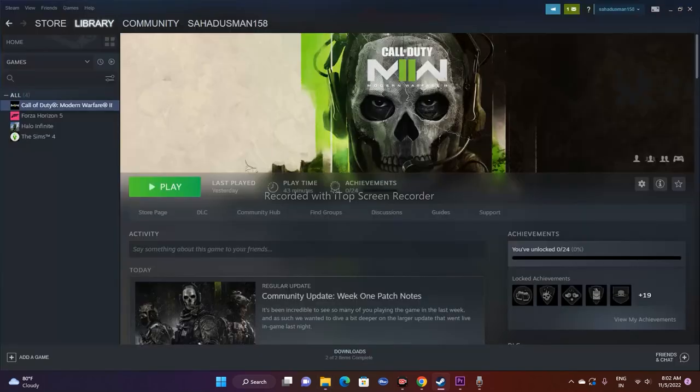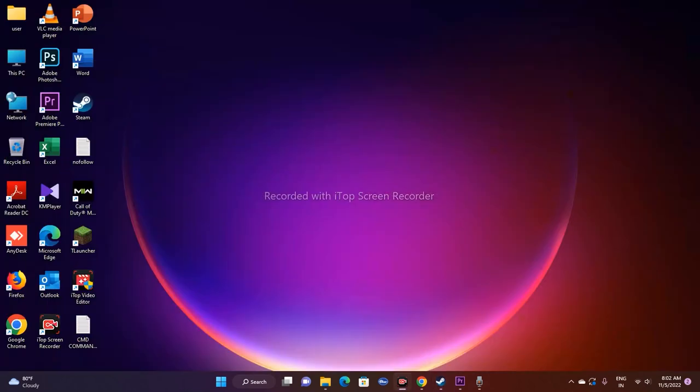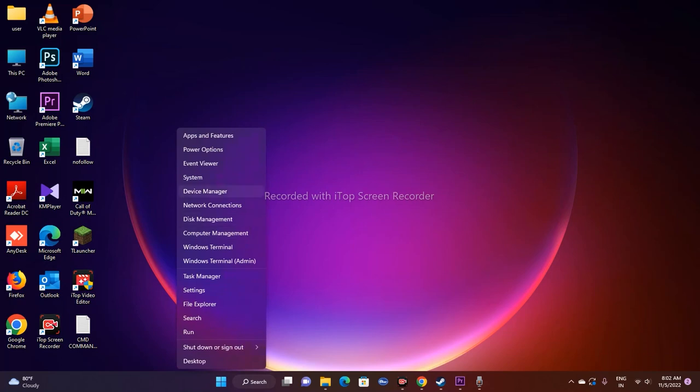Moving to the next one, it is all about updating the drivers. We can update the drivers in two ways. The first one, a simple method, is updating the driver from the computer itself, making sure it is on the latest version. That is called updating the drivers using device manager. To navigate to device manager, just go over here, right click and go to device manager at the top.